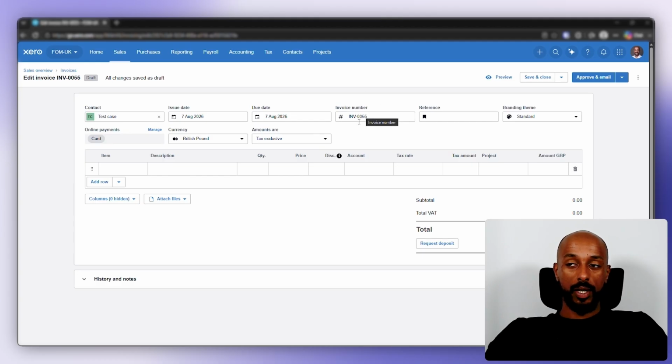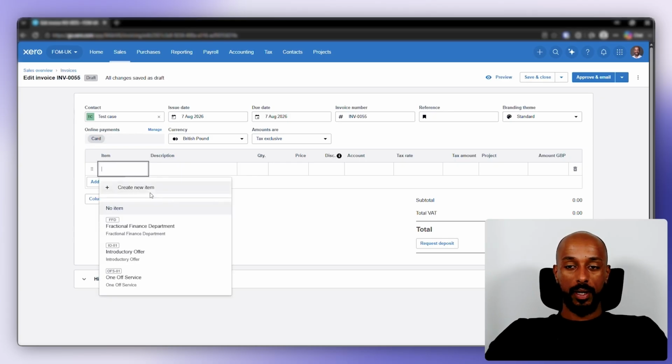Then you should change it. Add an internal reference code if you have one. Select the brand theme that you just made. When it comes to adding item lines on the invoice, there are two ways you can do it. You can create preset products and services on Xero. If you regularly sell the same items, you would do this by clicking the item box here and selecting create